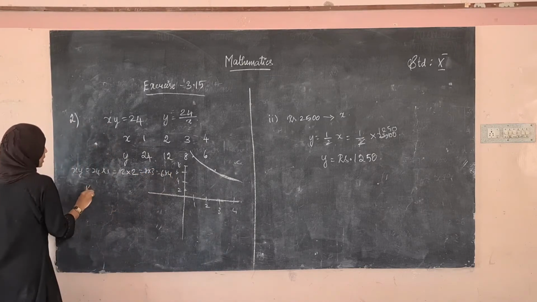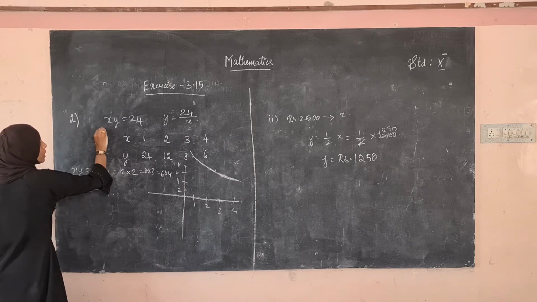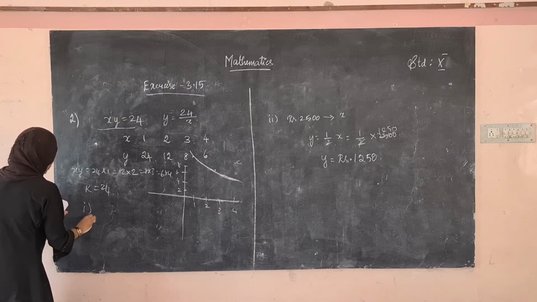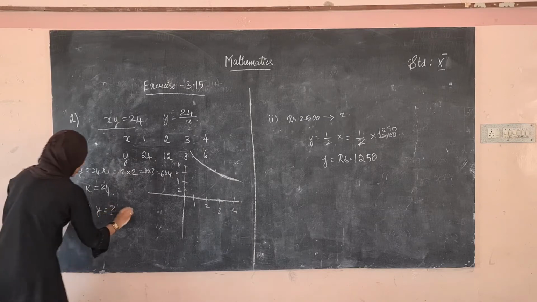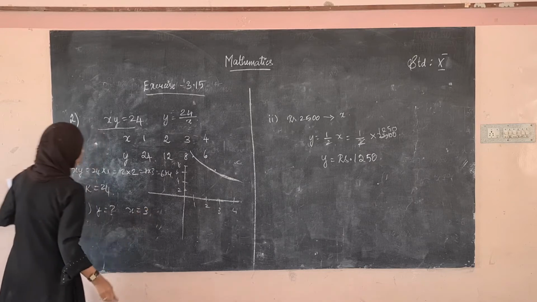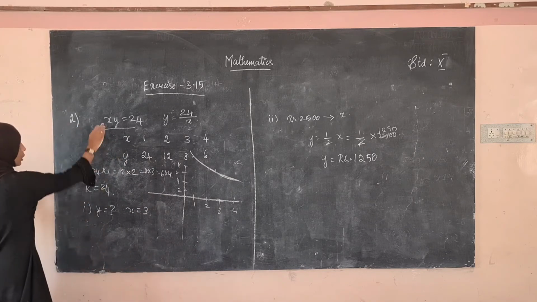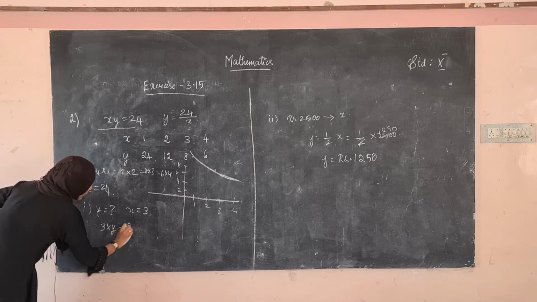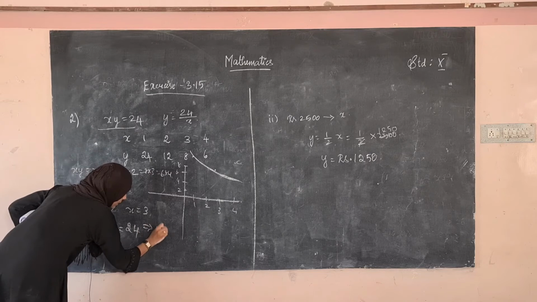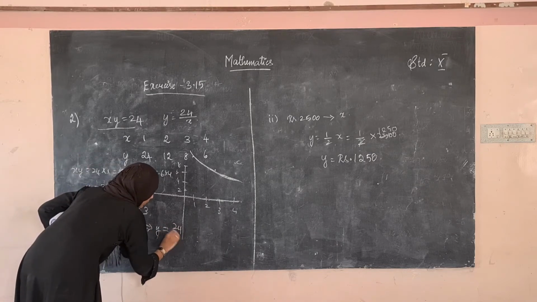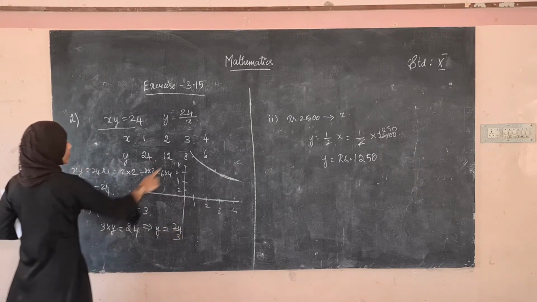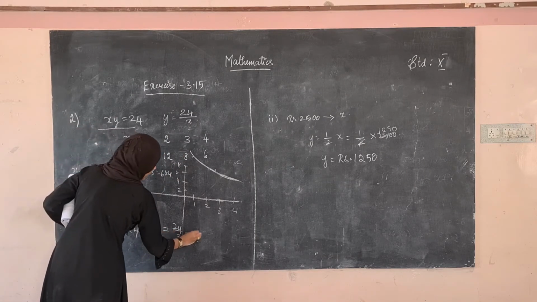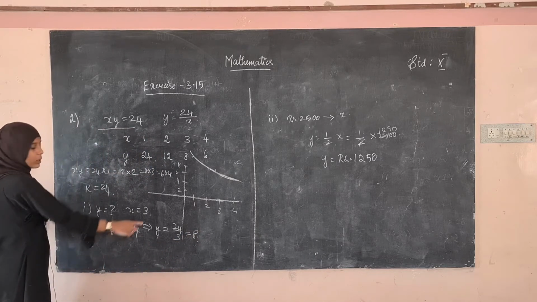So here k is equal to 24. It's already given in your question. Okay, what they have asked us to find is, first, we have to find y when the x value is 3. How can you find the value of y? You have to substitute here. So the x value is 3. 3 into y is equal to 24. Therefore, y is equal to 24 divided by 3. So when the x value is 3, the value of y is 8, right? 8 3s are 24. So the y value is 8.